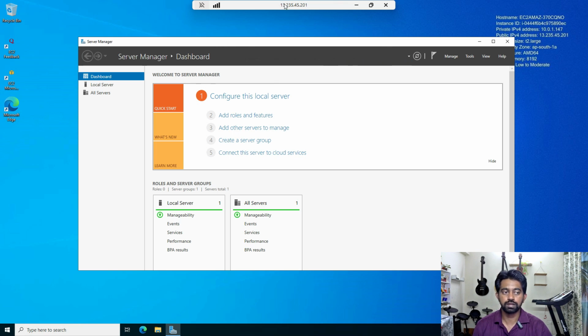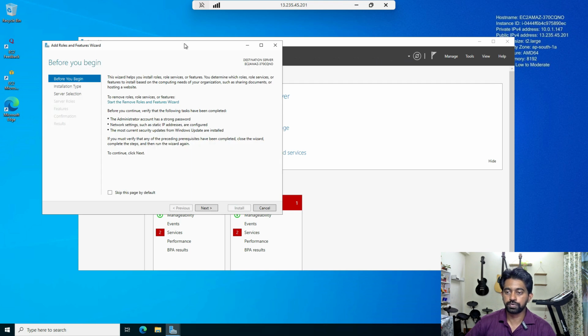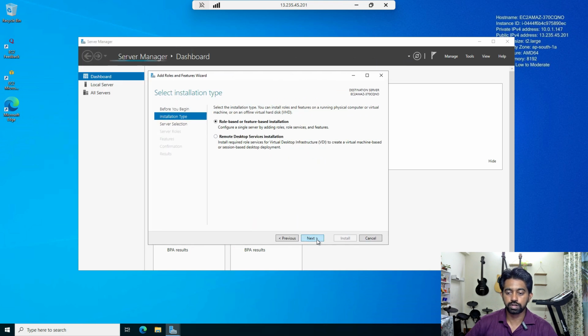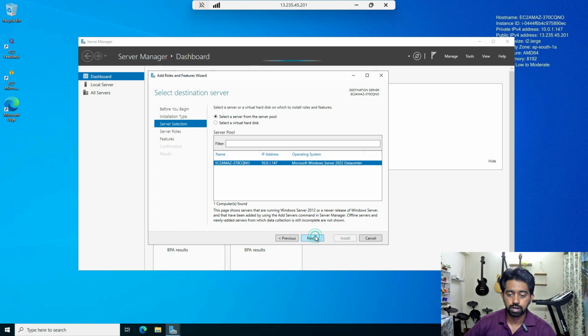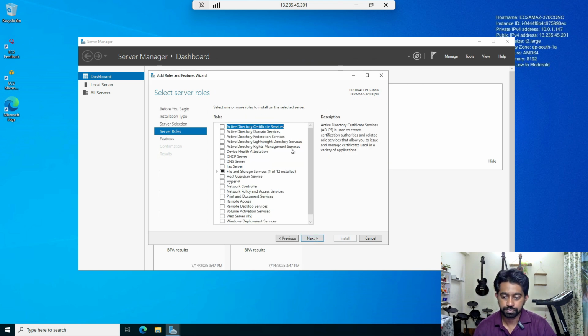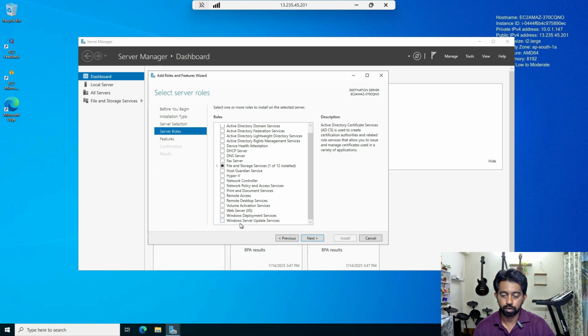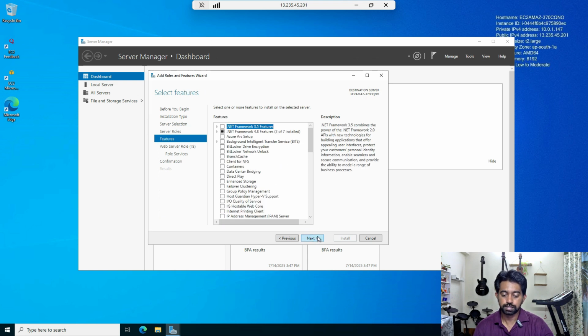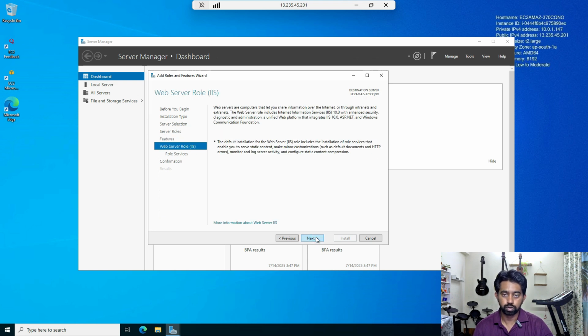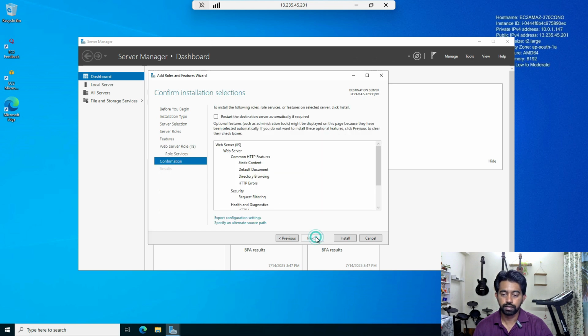If you see here, the IP address is clearly visible, 13.235.45.201. This is our public IP address of the server. All right, so now we are on the installation page where we're going to install the particular feature that we want. In this case, we want the IIS feature. So I just scroll down from the very bottom. The third from the bottom is the Web Server (IIS). I select that and I say next. We are not going to install any other feature. So I just say next